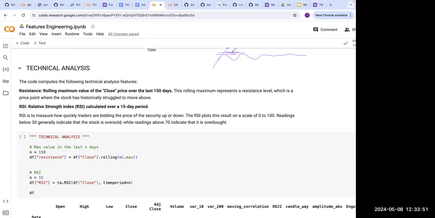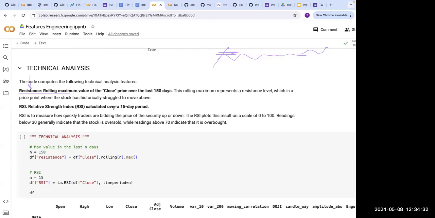But if you see that it is crossing that value at some point, it probably means that now the stock is actually going to increase. It has crossed its resistance. So that's a good indication of continued trend, right? Until now we were talking about reversions, like engulfing patterns or dojis, they were indicative of reversions, but resistance is indicative of continuation of what the current trend is. So here we will build that as one feature.